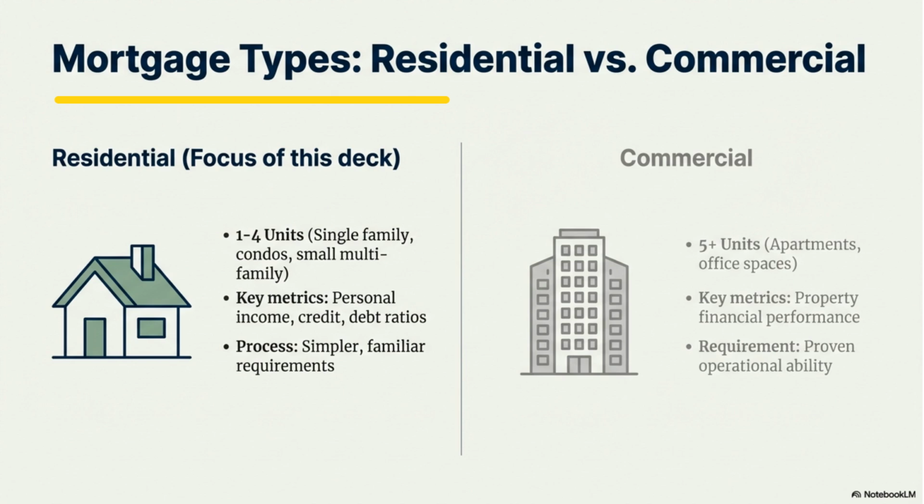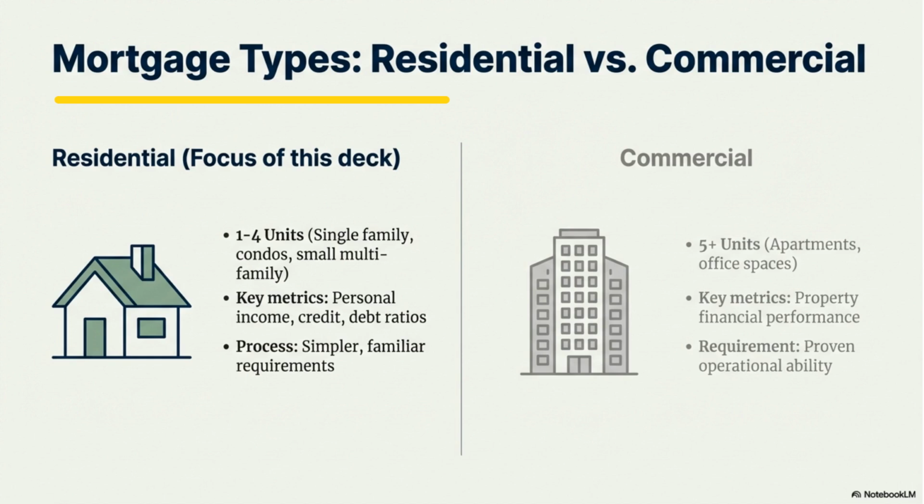There are two primary types of mortgages available: residential and commercial. Residential mortgages cover properties with 1 to 4 units. This includes single-family homes, multifamily homes up to 4 units, and condos. These properties all qualify for residential mortgage rules. With residential mortgages, your personal profile matters most: your income, credit, debt ratios, rather than solely looking at the property's performance as an income-producing asset. This means the financing process is simpler than commercial lending, with more familiar requirements and timelines similar to buying a